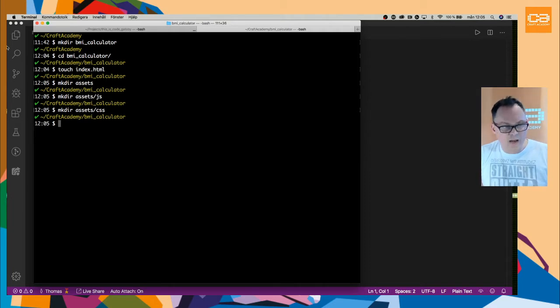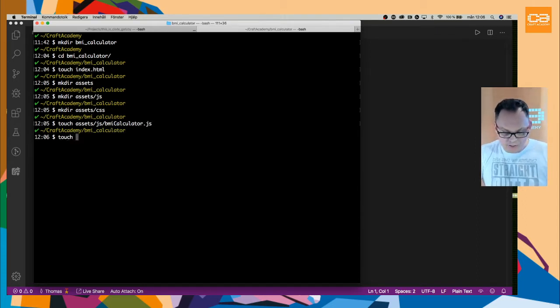In my JavaScript folder, I want to create two files. One file that will be called BMI calculator, like this, it's a JS file, and the second file I want to add in the JavaScript folder will be called BMI user interface, BMI